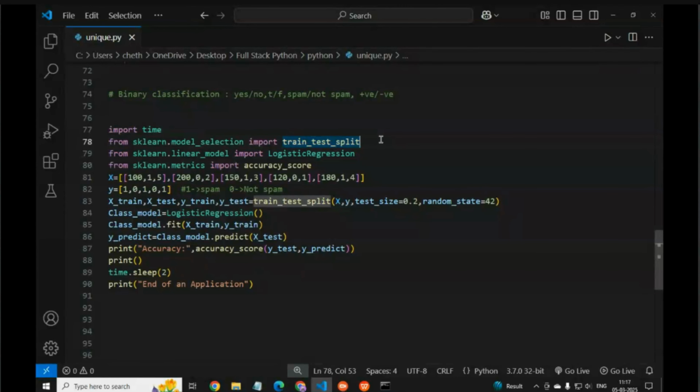Now we prepare the data, like X. We call it X features, a list of email attributes like email length, the number of characters, like there are 100 characters in the email, whether it contains the word like free, 0 or 1, and the number of exclamation marks, like 5 exclamation marks.